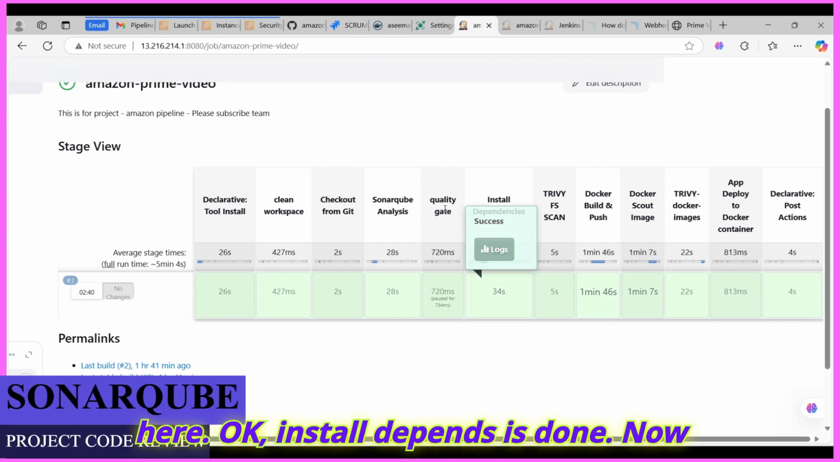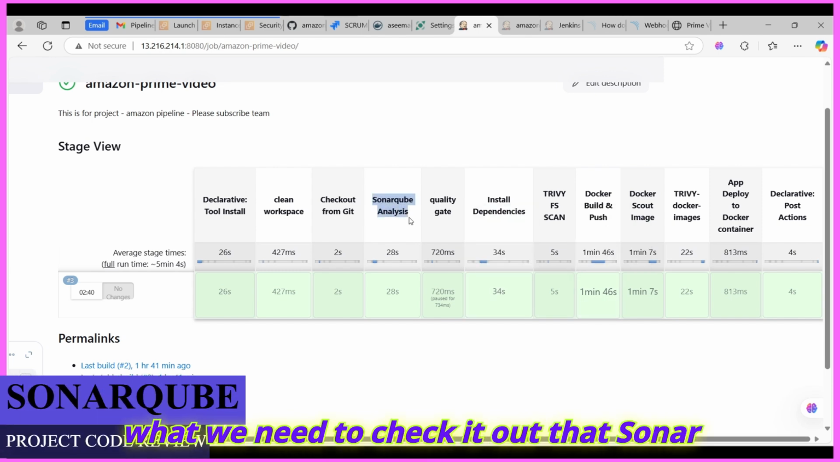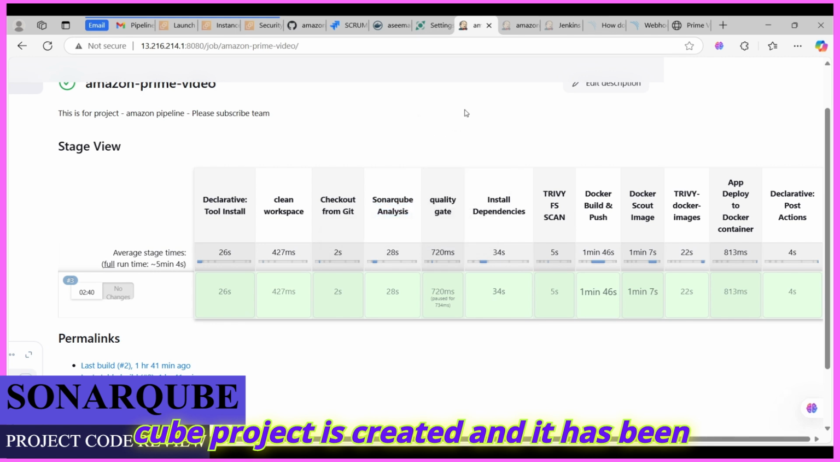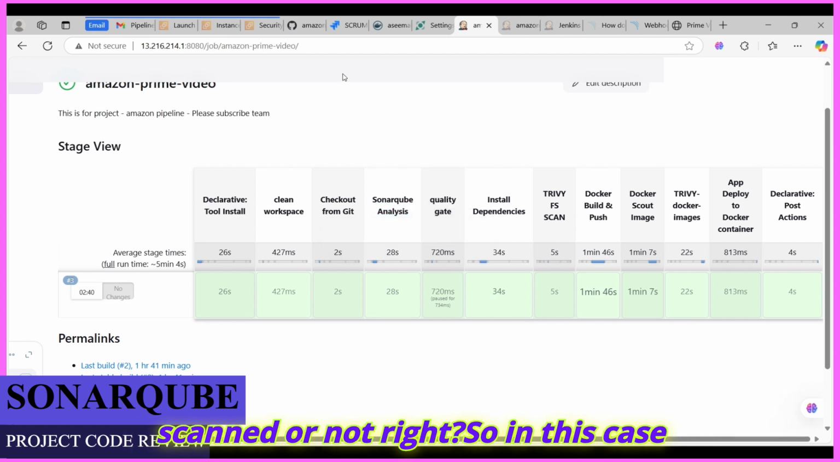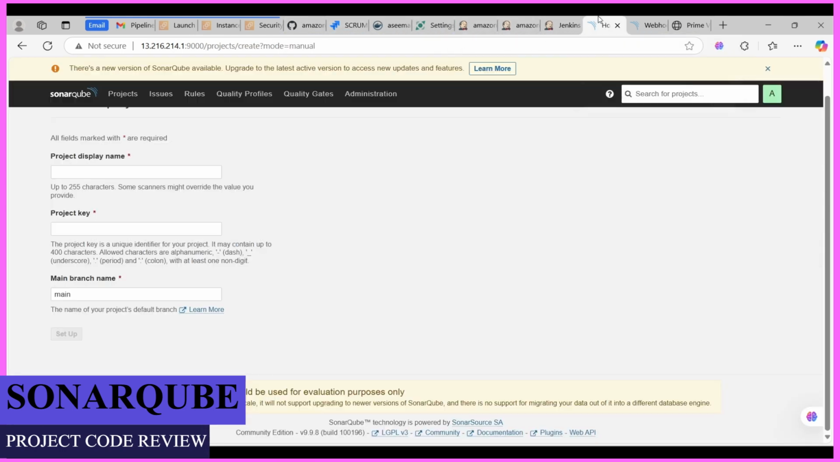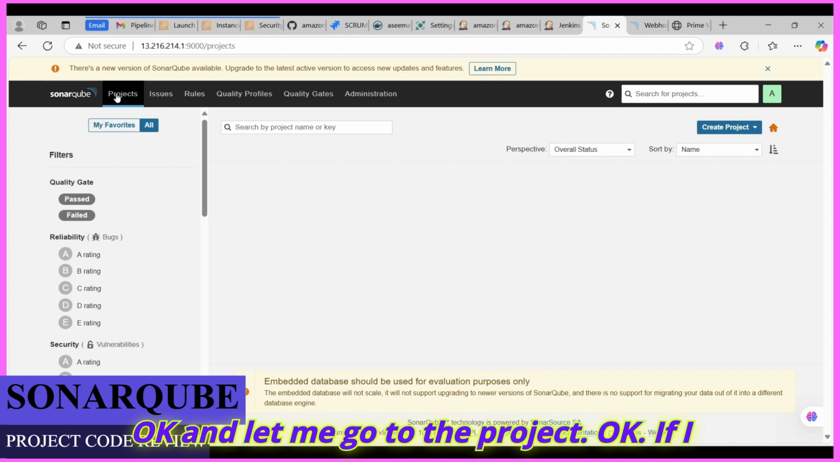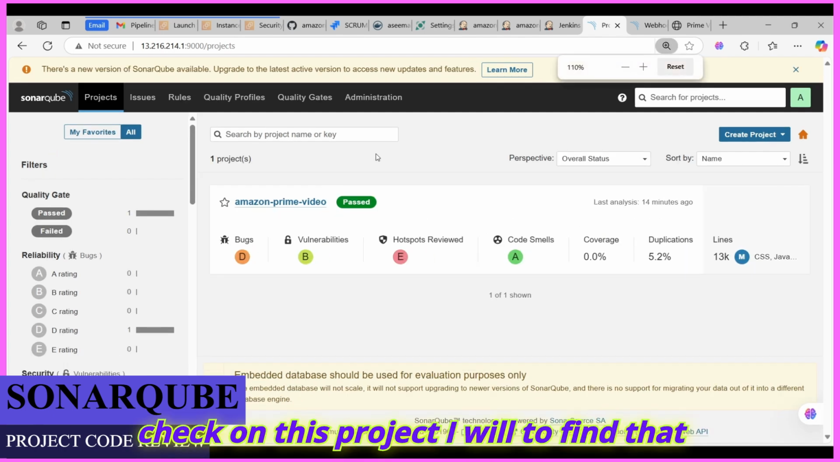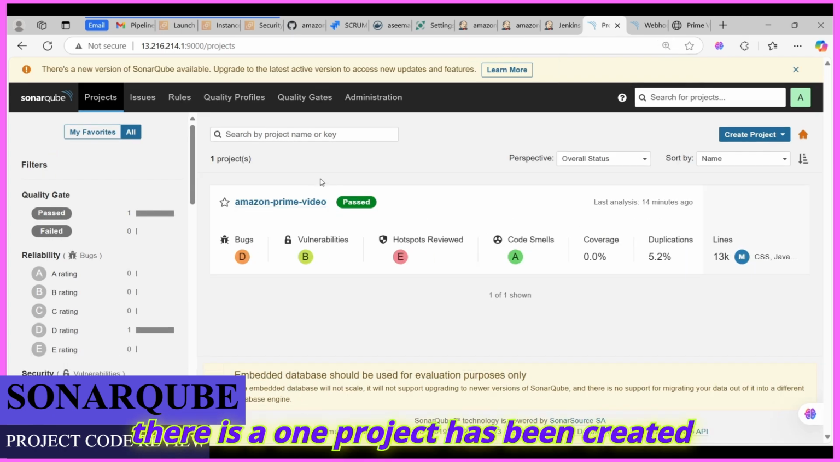Okay, install dependency done. Now what we need to check is that a SonarQube project is created and it has been scanned or not, right? So in this case, we'll go back to SonarQube. Okay, and let me go to the project. Okay, if I check on this project, I will find that one project has been created